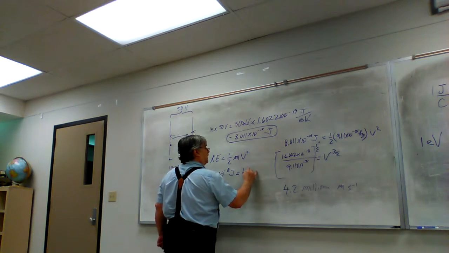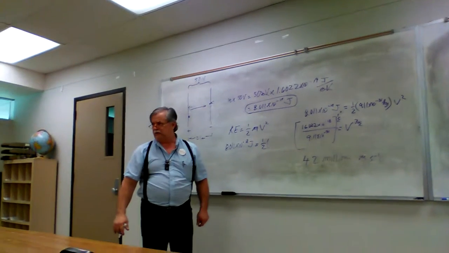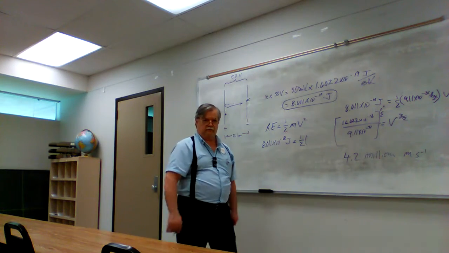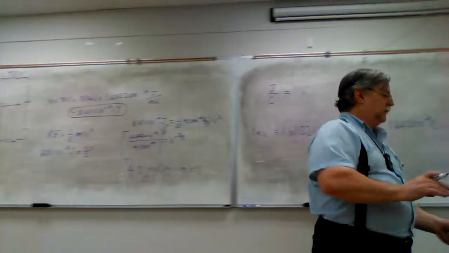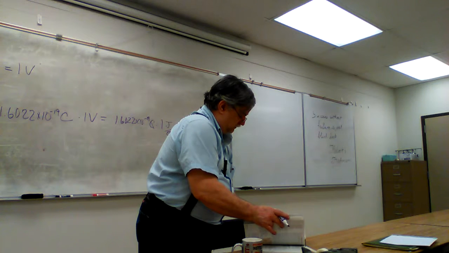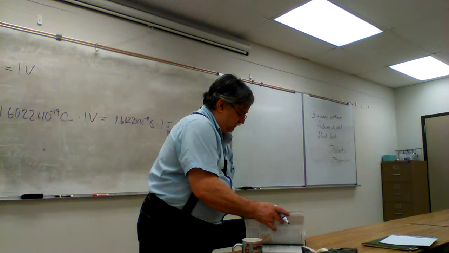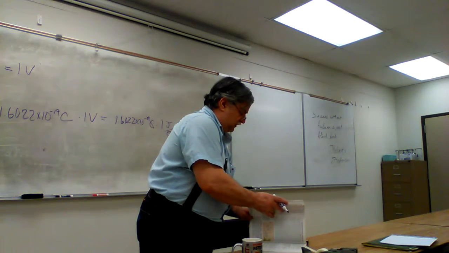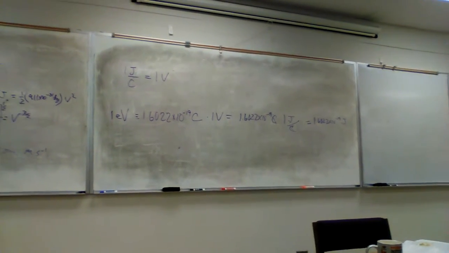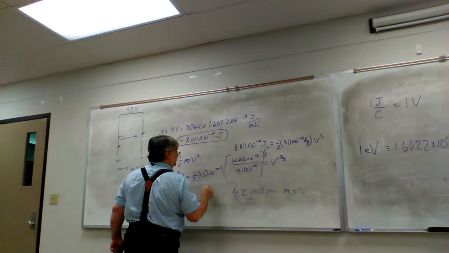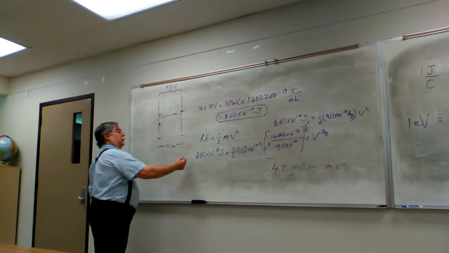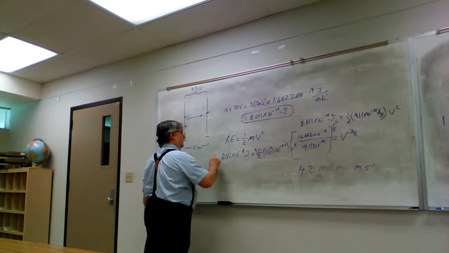is equal to 1/2. What's the mass of a proton? 6.7 times 10 to the minus 27? Don't let me lie. It's 1.6726 times 10 to the minus 27 kilograms. Okay, 1.67 times 10 to the minus 27 kilograms, V squared. Multiply both sides by 2. You get